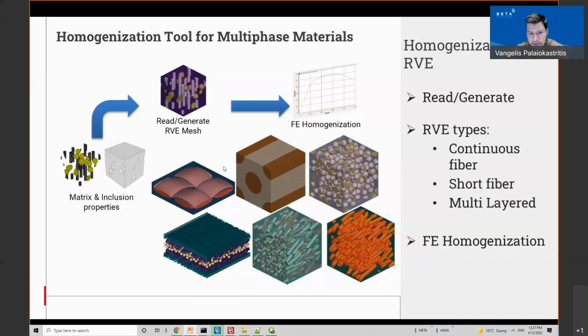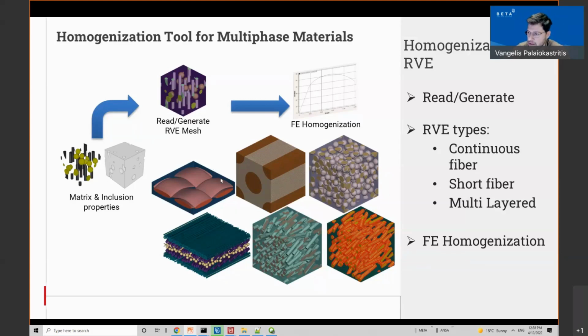From that tool, it can be created automatically or it can be imported in the homogenization tool. Furthermore, the RV can be set up for FE homogenization analysis, and once it is solved, it can be post-treated for the estimation of the homogenized material response.